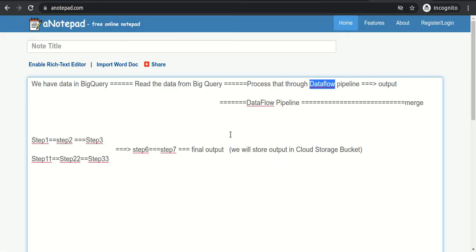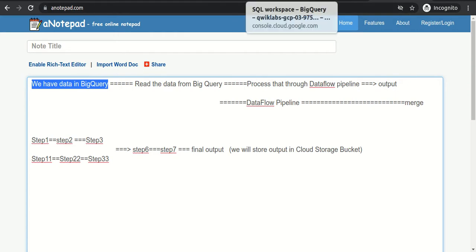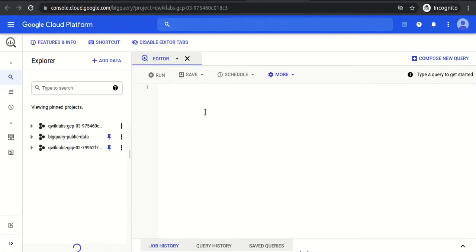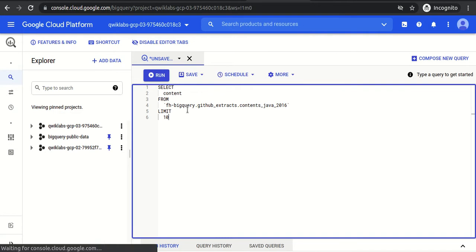As part of this lab, we need the cloud storage bucket to store the output, so we have created it. We need the data, because this particular Dataflow pipeline will read the data from BigQuery, so the data should exist in BigQuery itself. This is a public data set.